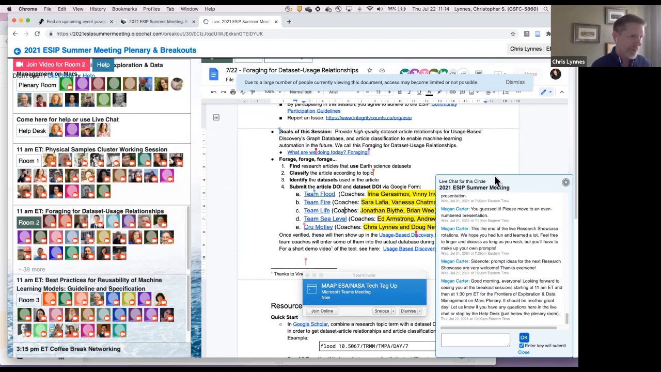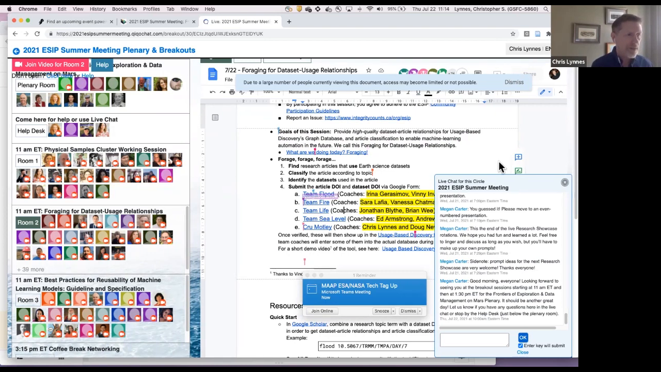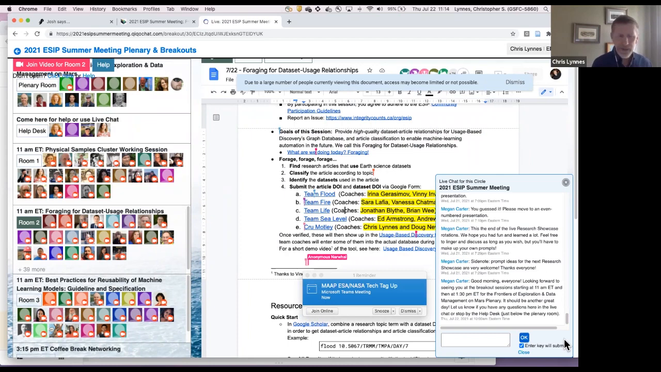And now for each one of these, we're also going to have coaches available for you. Irina Gerasimov and Vinny Inverso will be coaching Team Flood. Sarah Lafia, our fellow, and Vanessa Chapman, one of our machine learning researchers, will be coaching Team Fire. Team Life will be coached by Jonathan Blythe and Brian Wee, two of the leading forces in this